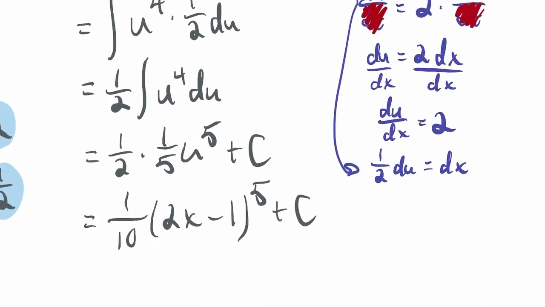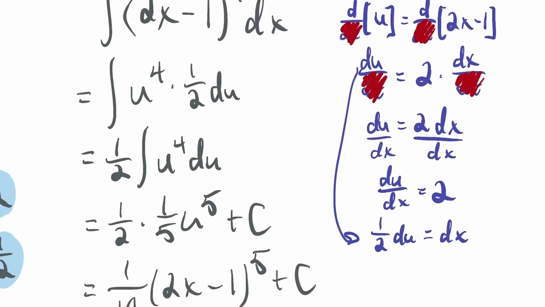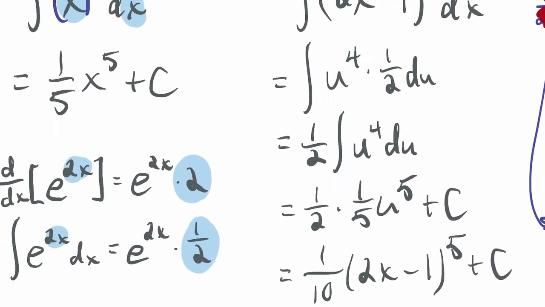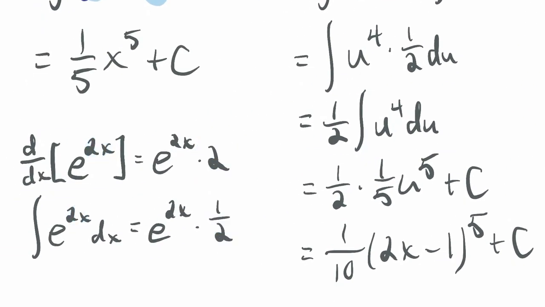And in particular, over here, I divided this 2 to get it on the other side. So I literally divided by du dx to get it on the other side. We're not necessarily always going to do that, but that is what I wrote. I did divide that. Anyway, this is sort of a side note to connect this more closely with the chain